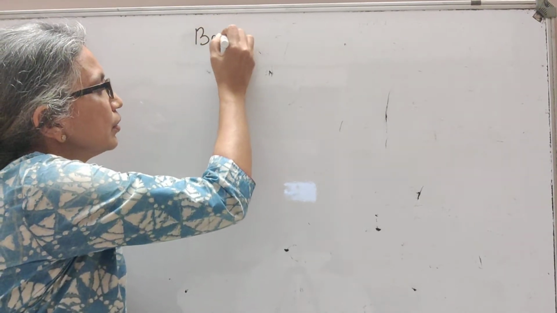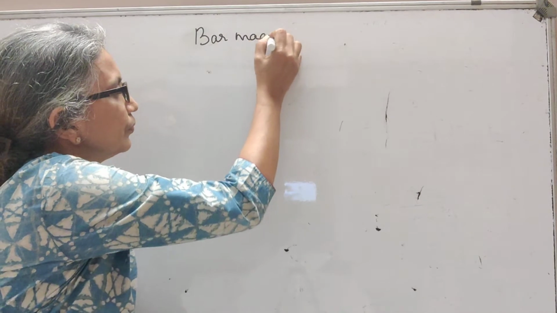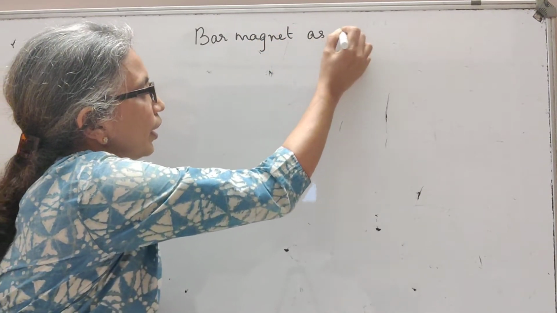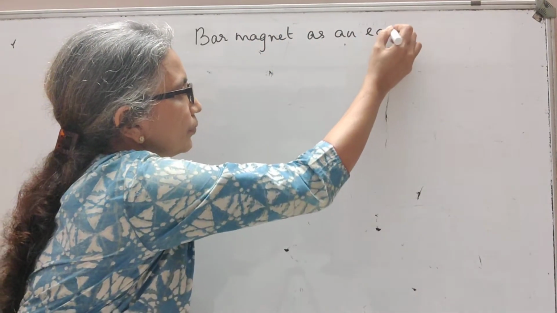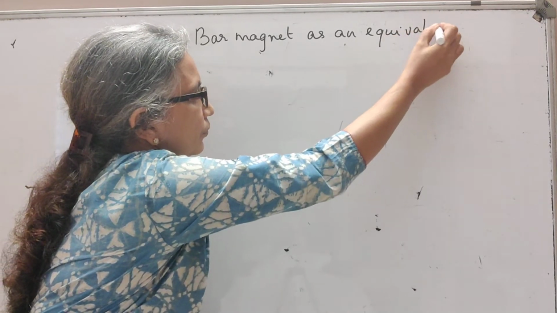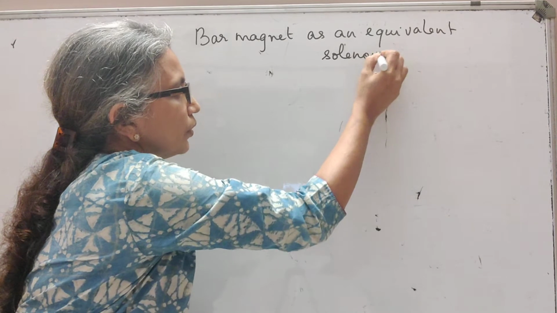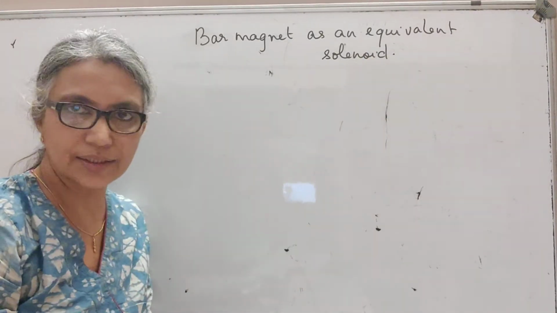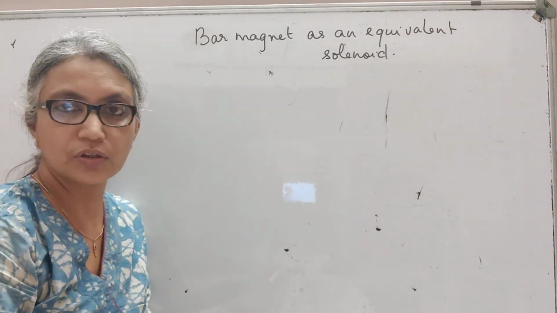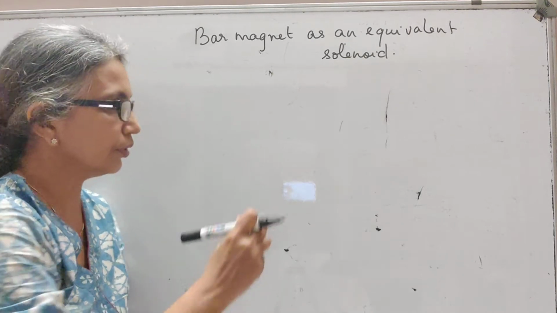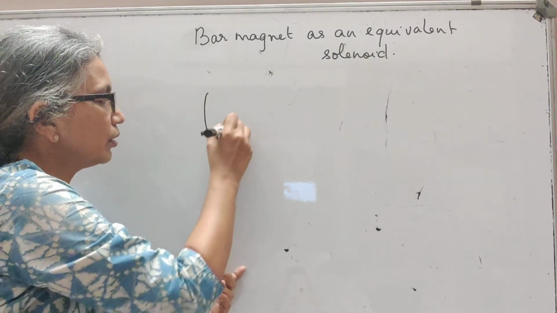bar magnet as an equivalent solenoid. That is, bar magnet is a dipole. The equivalent solenoid also behaves like a dipole. So we are now taking a solenoid